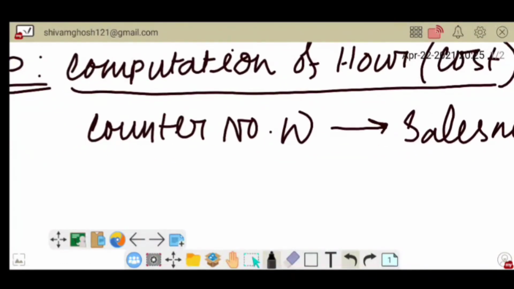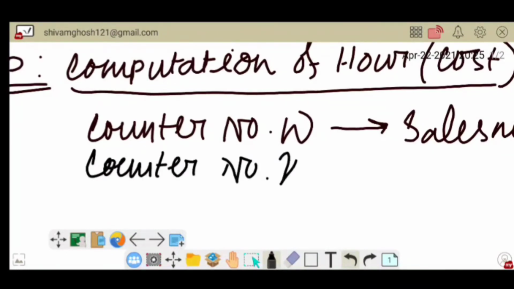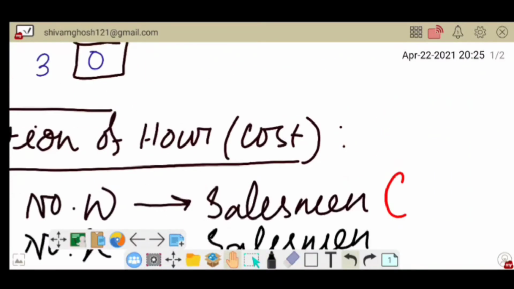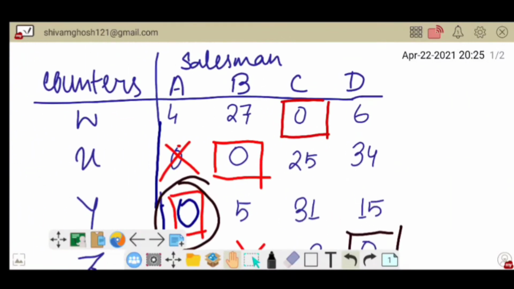For counter number X we have to select salesman B. From counter number X we have to select 0.